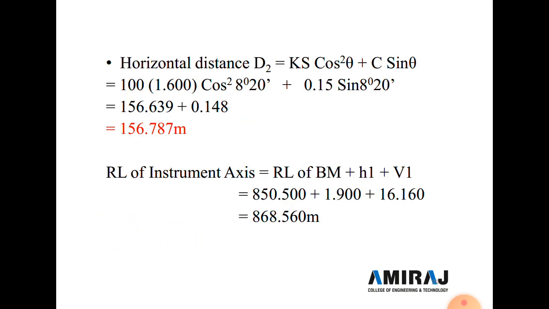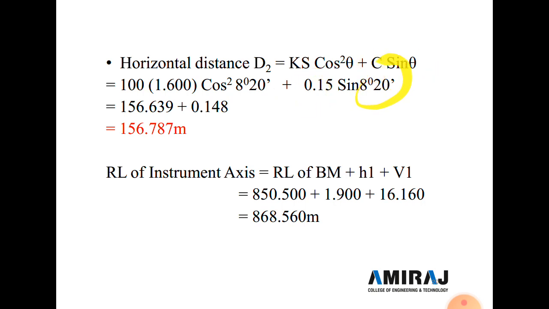Now the horizontal distance d2 is ks cos square theta plus c sin theta. This is the equation for finding the horizontal distance. So k is equal to 100, s is equal to the difference between the upper and lower cross hair, so we found 1.60, cos square theta is 8 degree 20 minute, and c is 0.15 sin